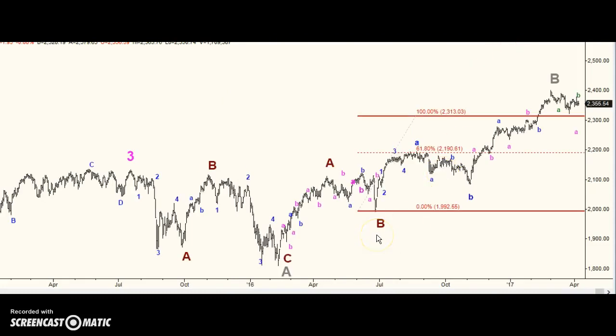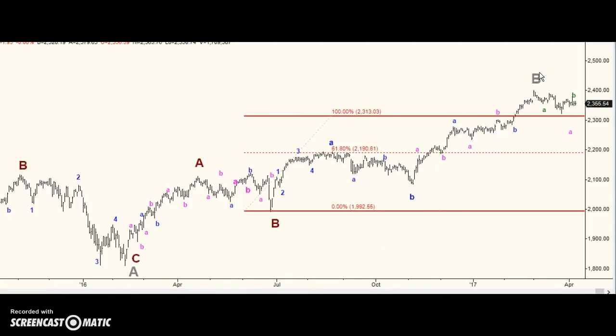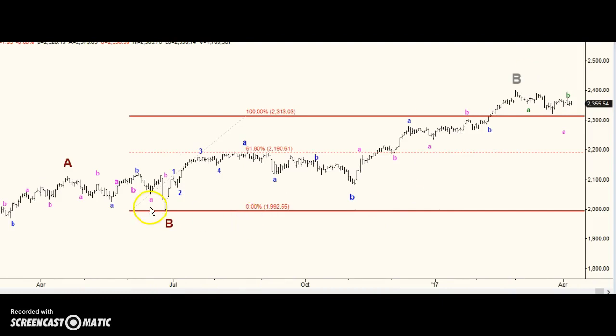Furthermore, if we were in wave 5, these structures should all be able to be divided into 5s. Well, the A can be a 5 and the B's a 3, but how do you count this as a 5-wave structure? This can't be 1, 2, 3, 4, 5, because then 3 would be the smallest wave. And if you call this 1, 2, 3, 4, 5, I think you're really fudging, and a fudged count is a wrong count. How do you count this as a 5?